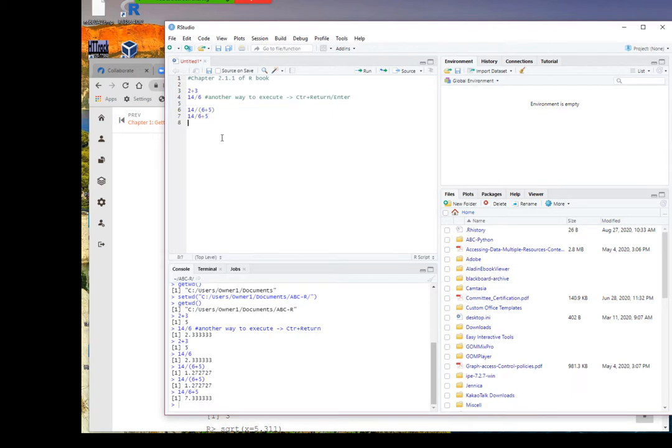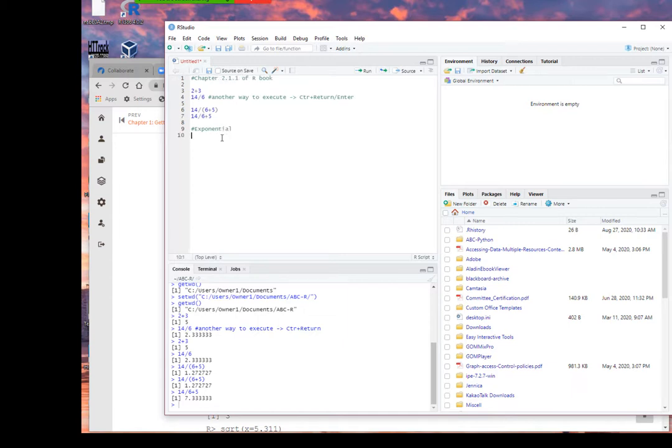Okay. Now exponential. 3 to the 2, so 3 times 3, the exponential. So 3 power to the 2, control return, and it's 9, because 3 times 3.